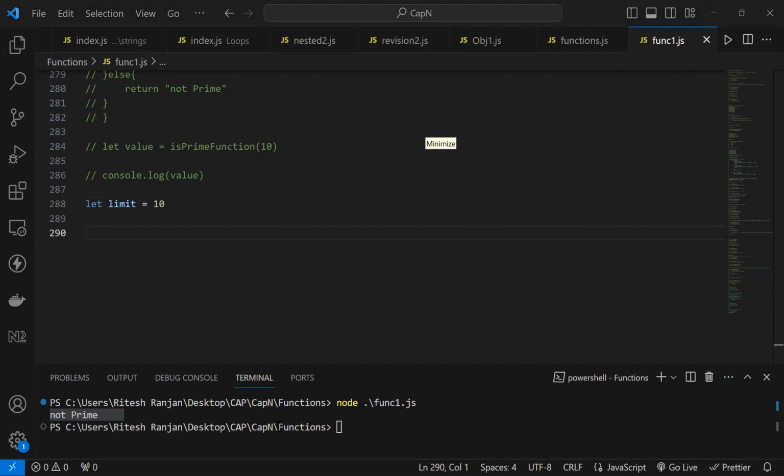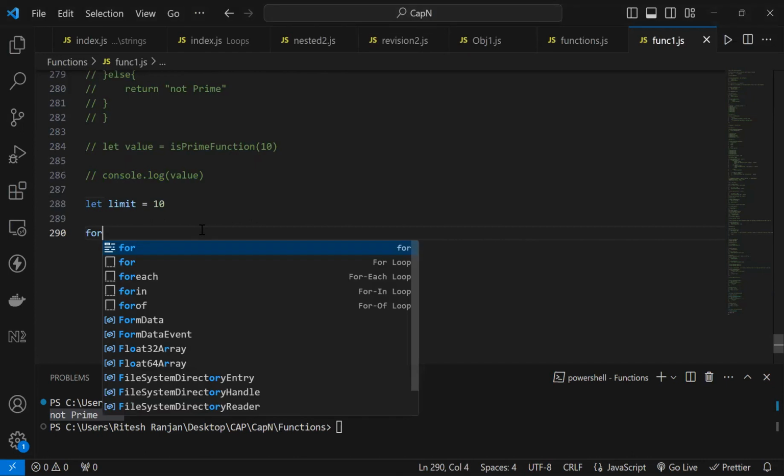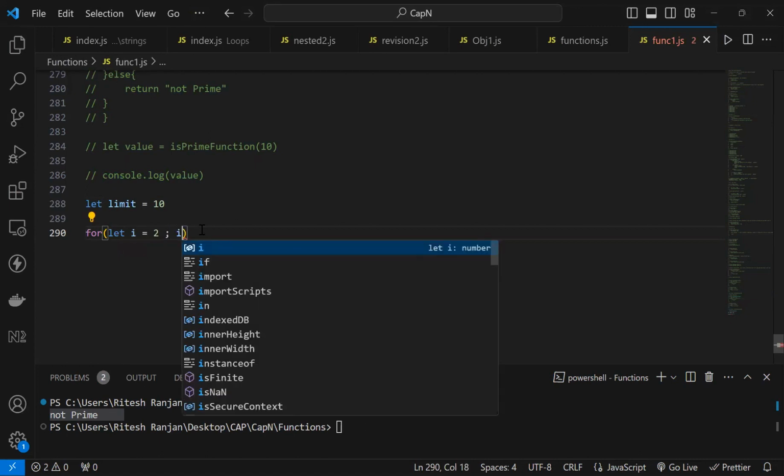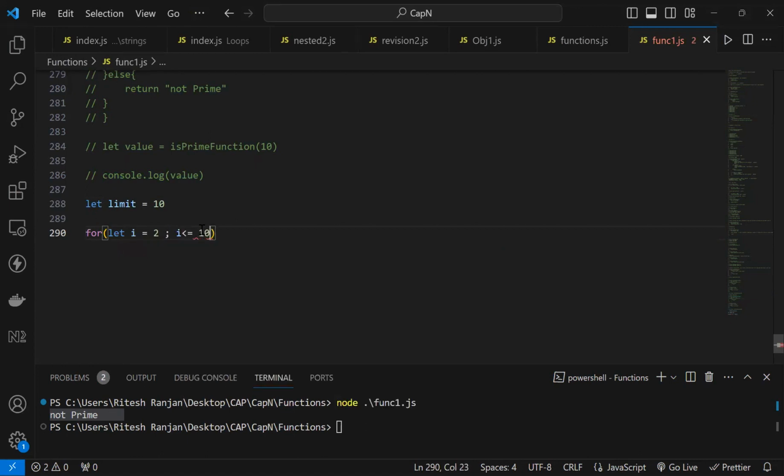Yes, right? So first I'm gonna run a loop on this entire thing. तो कहाँ से कहाँ तक run करना है? We have to run from 2, right? So let 2 till I is less than or equals to 10. We're gonna do a I plus plus on it. Inside this, are we gonna check if that particular number, let's say 2 है, so I'm gonna check if this